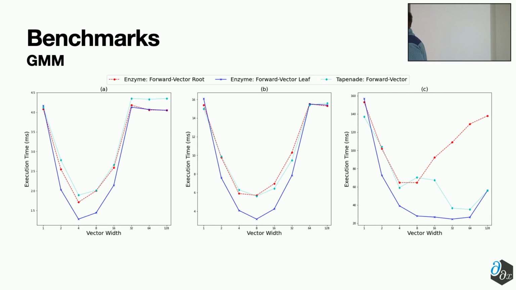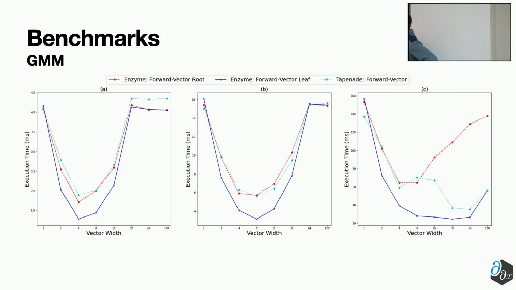You can see that, expectedly, the leaf node approach scales way better than the root node mode, and we get the best performance just around the SIMD vector width of our actual machine. So, or yeah, just around that. That kind of depends. And the main bottleneck we run into here is